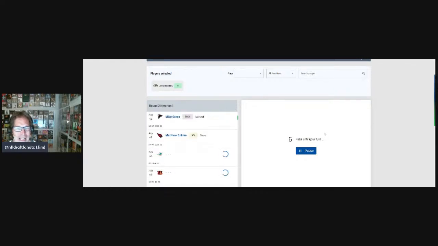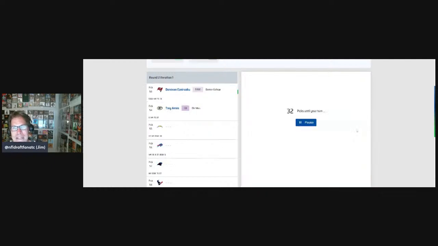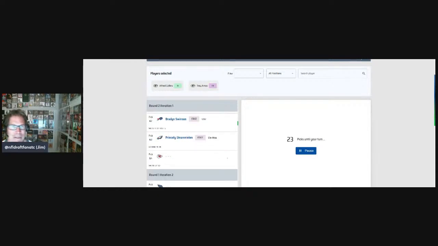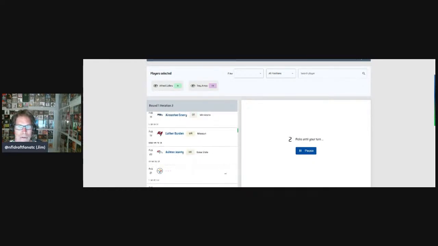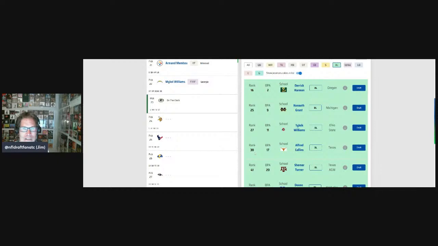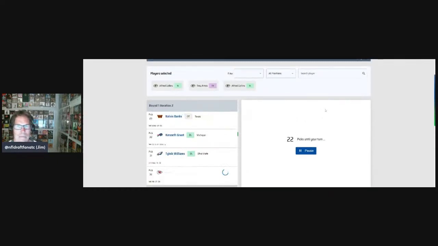And then in the second round for Green Bay, I'm likely thinking corner. So you can see Trey Amos. And again, those players got there because fans have picked them. So they're sitting right at the top. So Amos to Green Bay, round 2. You can see Collins moved up a little bit, so I'm going to keep picking Collins.